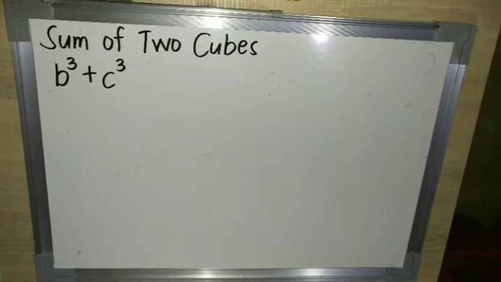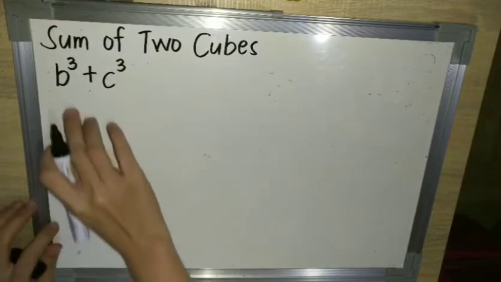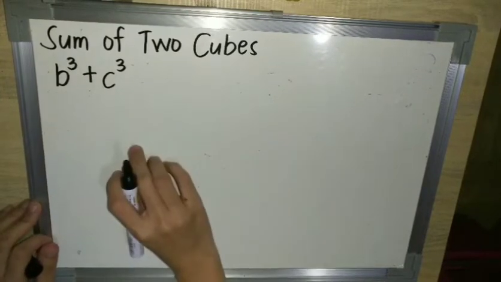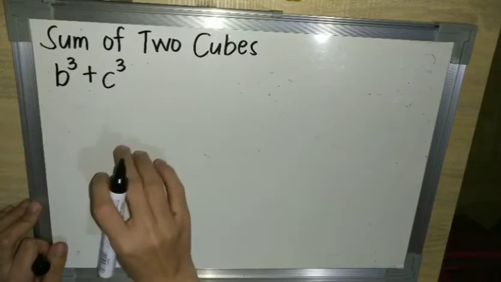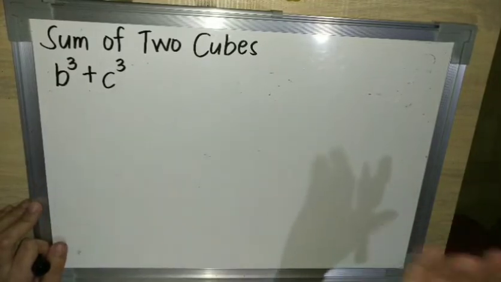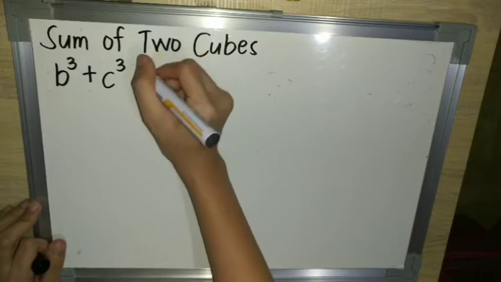Ang i-discuss pa natin today is about sum of two cubes po, which is our lesson 1.3, factoring pa din. Okay, so we have here b cubed plus c cubed. So, may pattern po tayong susundin. So, for this one, titignan po muna natin paano mangyayari po dun sa pattern niya. So, it will be